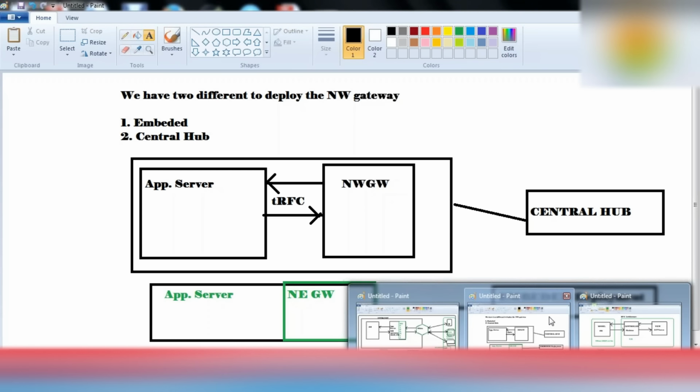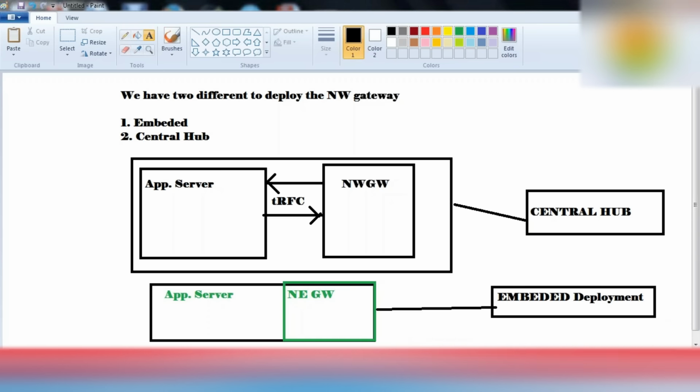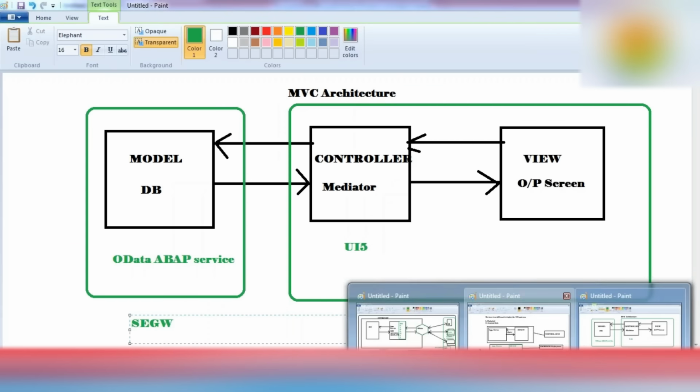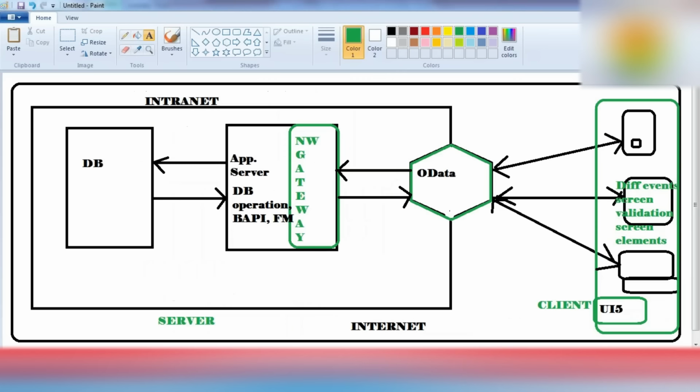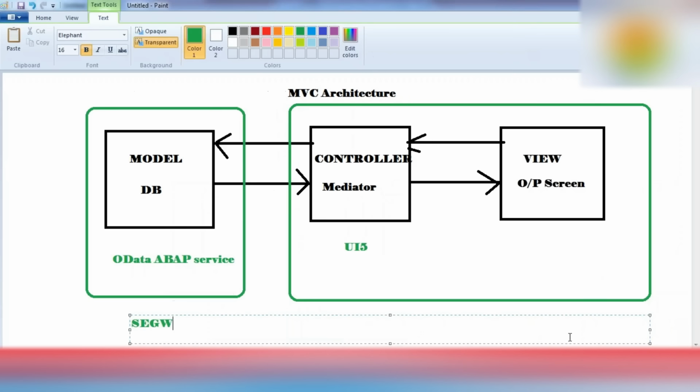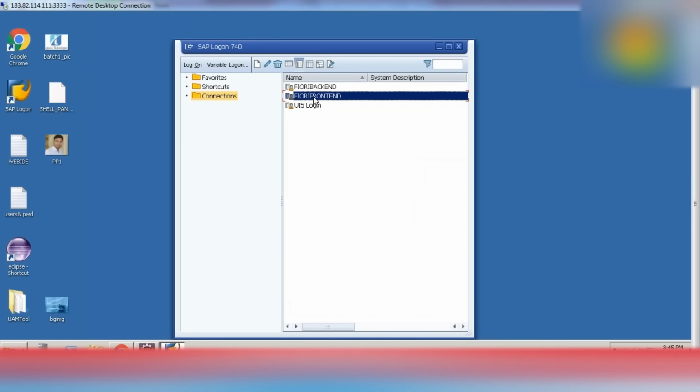So I am giving you the overall idea, some new terms. You may think that is haphazard, but this is important. This is the SEGW transaction code we can access from our front end server. This is nothing but the NetWeaver Gateway system.